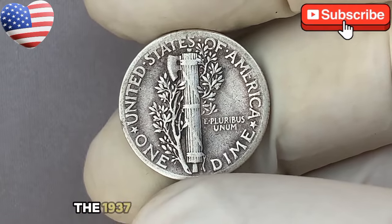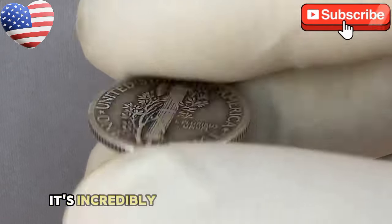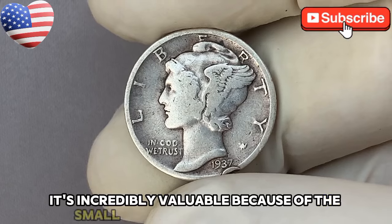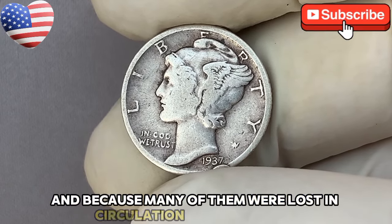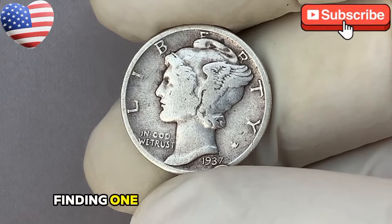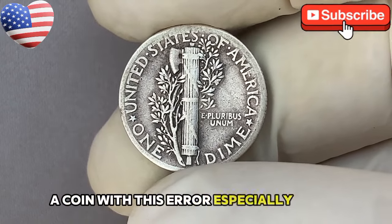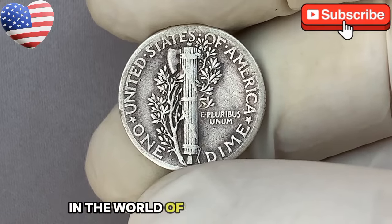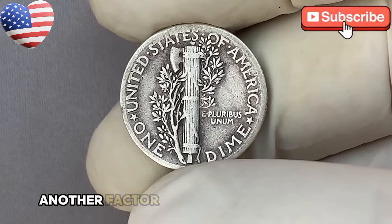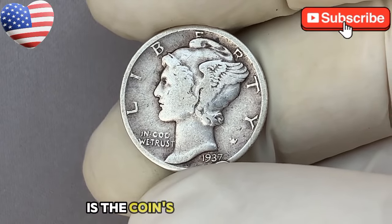The 1937 D Micro D is not just rare, it's incredibly valuable. Because of the small number of coins produced, and because many of them were lost in circulation over the years, finding one in excellent condition is a rare feat. A coin with this error, especially one in mint condition, is one of the most coveted treasures in the world of U.S. coin collecting. Another factor that adds to the value of a 1937 Mercury dime is the coin's overall